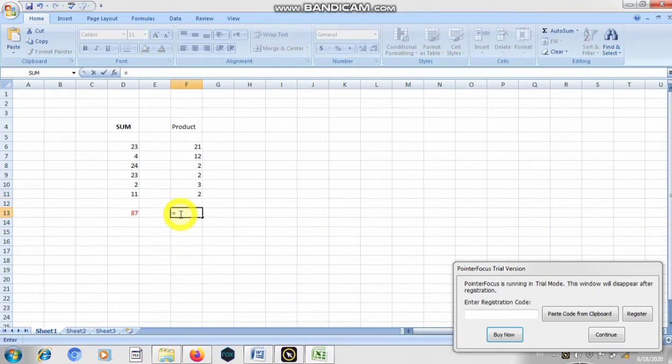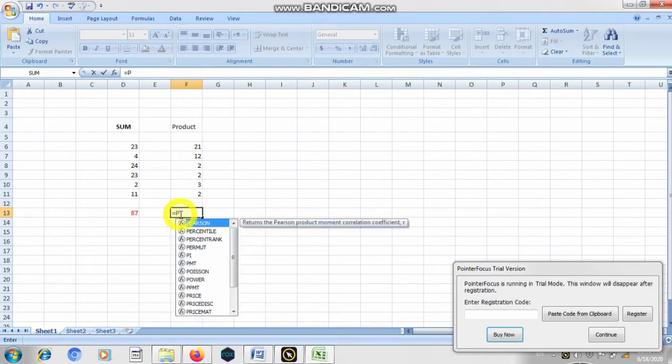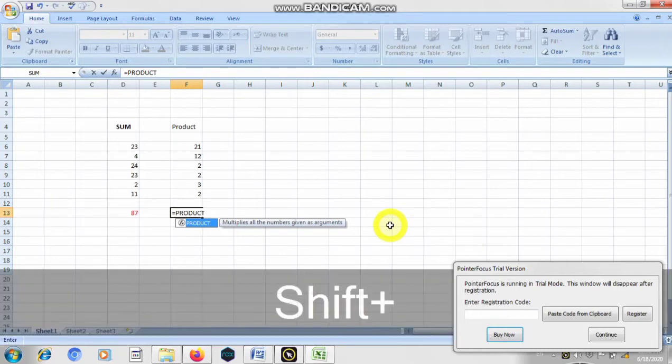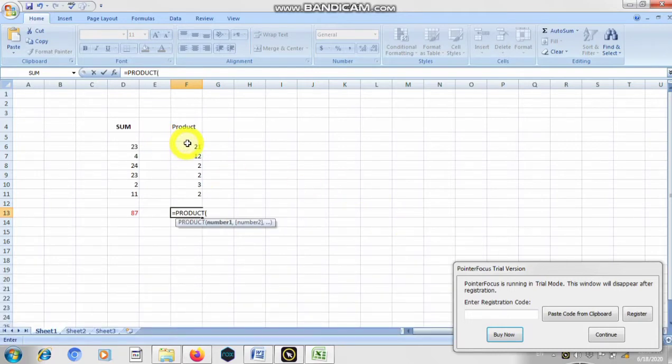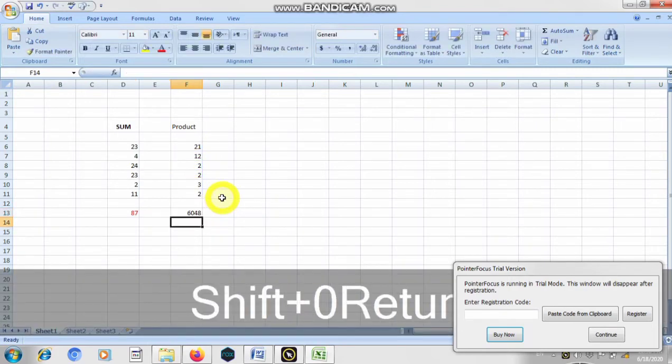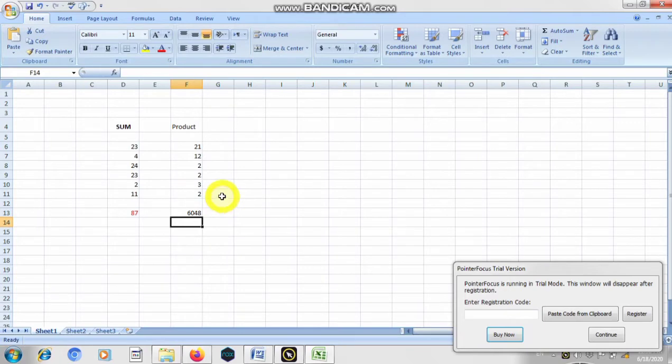Your function here is product because we are going to multiply these numbers. Click on the first value, drag it down, and close the bracket. As you can see, all these values will be multiplied.